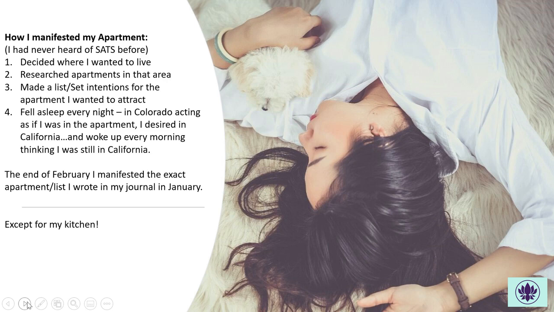And the kitchen I have in this apartment in California is perfect. It's just not what I imagined, right? I just took for granted that I was going to get the type of kitchen that I desired, so I didn't spend any time in the SATS process imagining having this apartment. I didn't really spend any time in the kitchen. Anyway, I ended up manifesting every single thing on the list that I desired within my price.